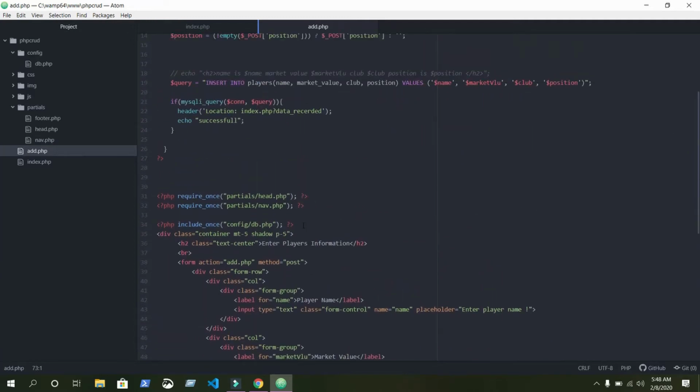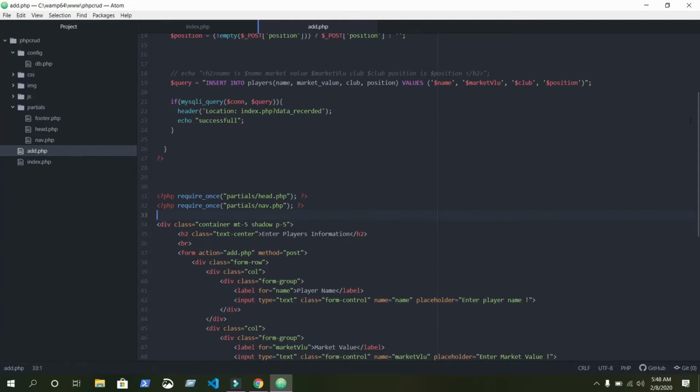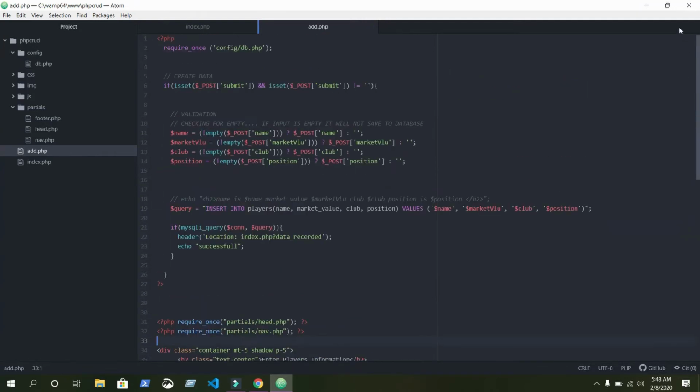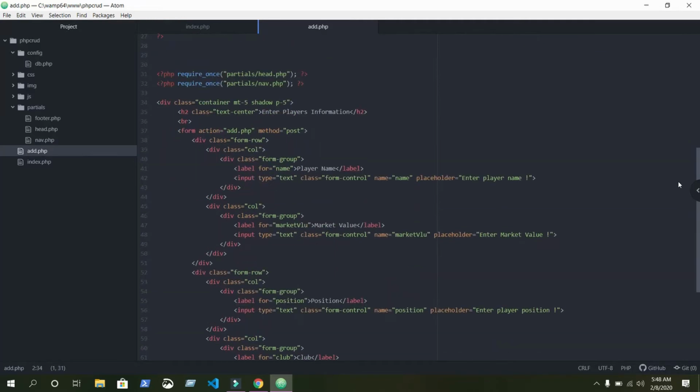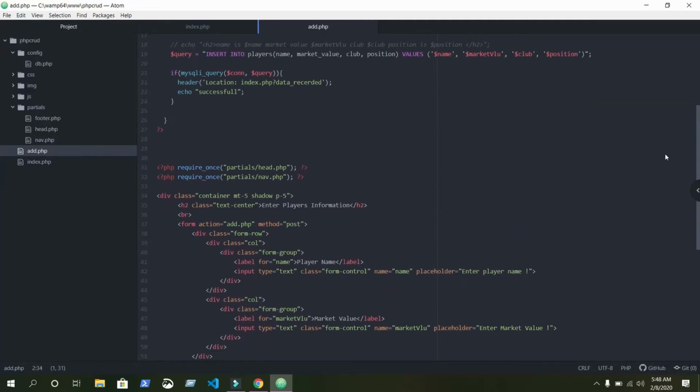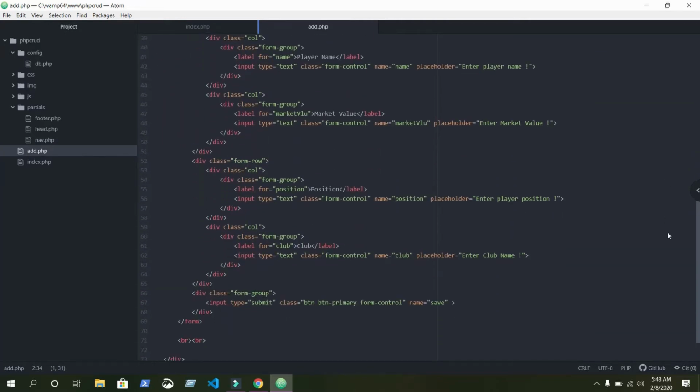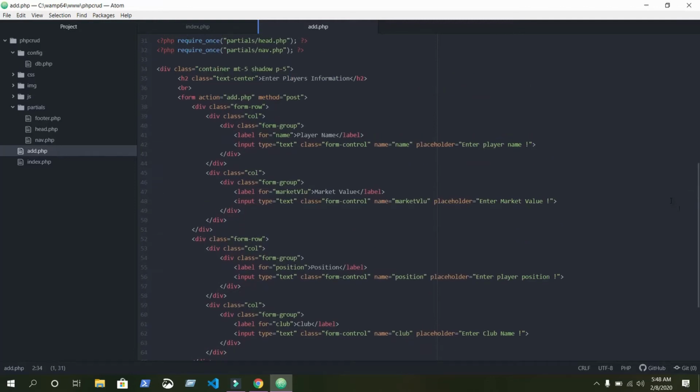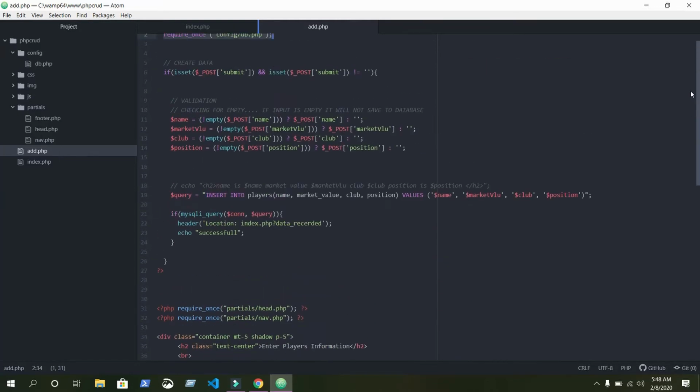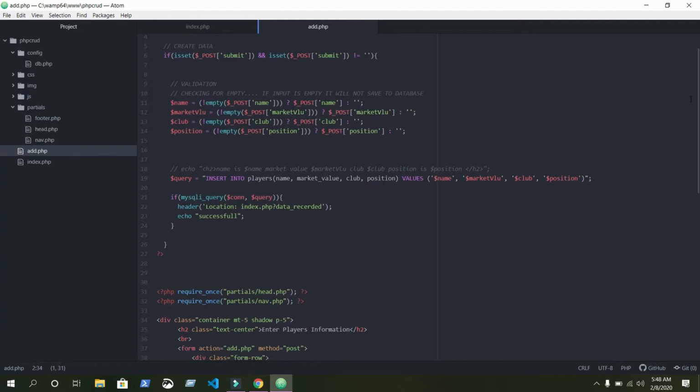We don't need this config database, so I think we have included that, yes, we have included. Okay, that's all. Now what we are going to do is, below this if statement, we are going to create